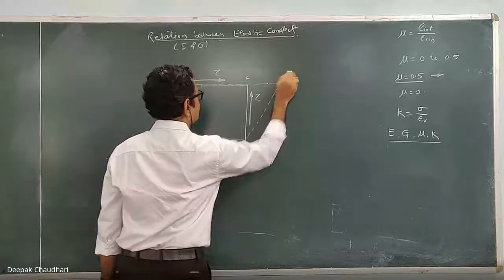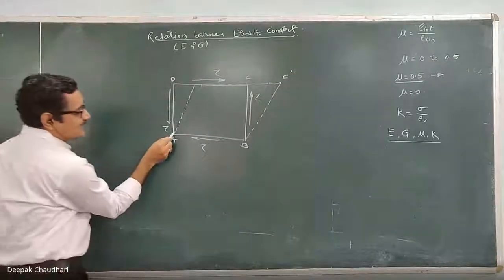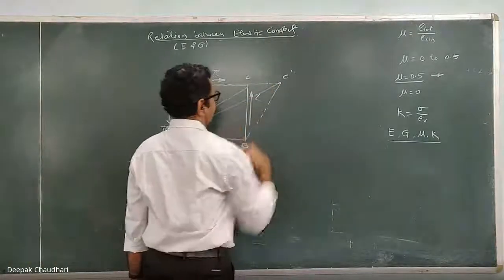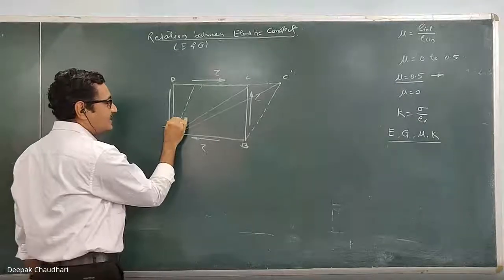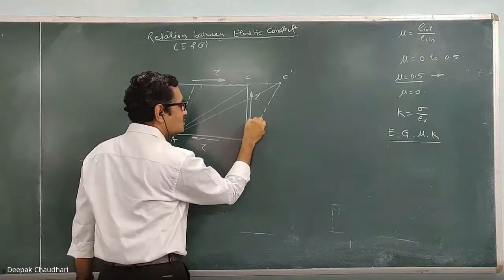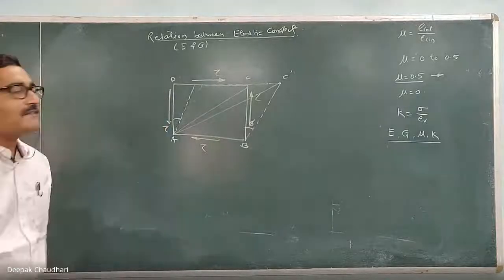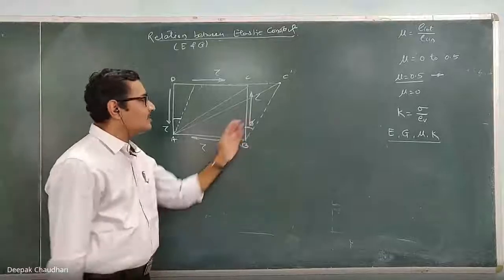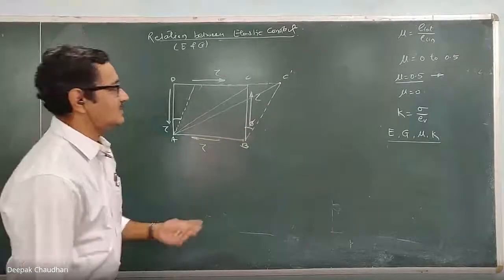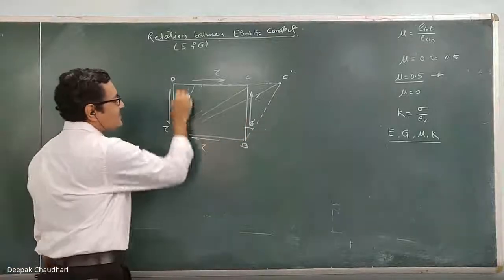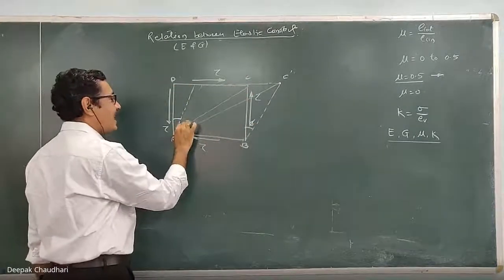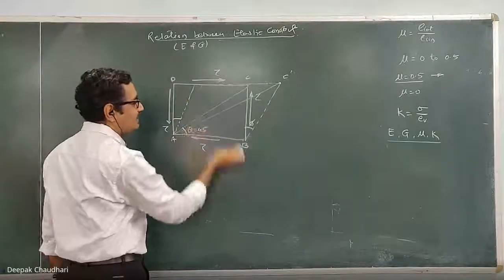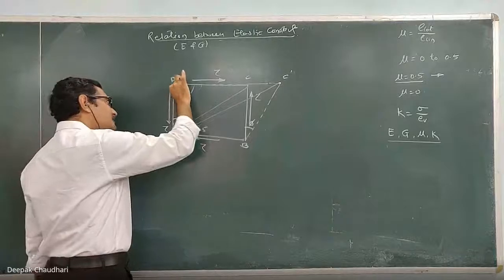Let this be C dash. This diagonal, which was earlier AC, is now distorted to AC dash. You know that this angle is known as the shear strain, which is denoted by phi. This angular deformation is the shear strain. If you refer to your book, you will find what the shear strain is. Since it is a cube, this angle I denote as theta, and this angle is 45 degrees, the angle made by this diagonal with the horizontal. And this BD is the other diagonal.